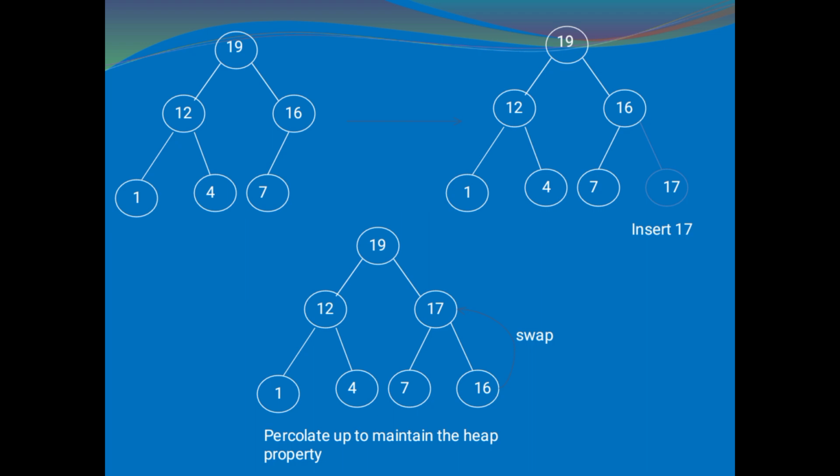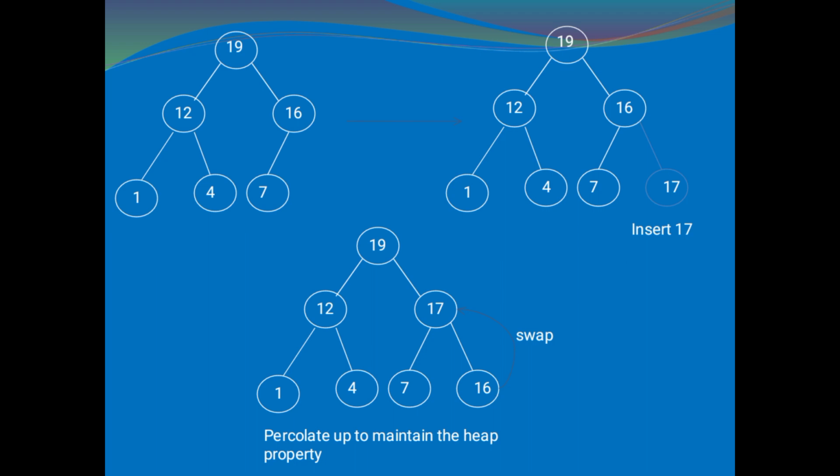And now again, since it should satisfy the heap property, what is the heap property for a max tree? The children should be smaller than the parent. Now check from below. 16 is checked with 17, that is, the newly inserted element 17 is checked with its parent element. But what happens? 16 is smaller than 17, so they should be swapped. So in the third diagram, if you see, 16 is swapped with 17 and their positions are interchanged.